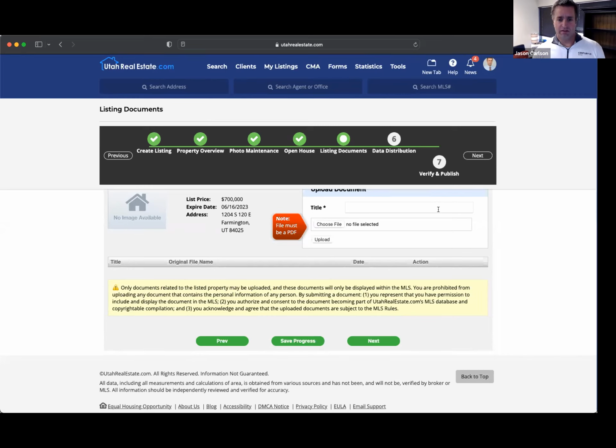Okay, any questions on the listing documents? Okay, so once you've got them loaded, you can put some on there. You don't need to. Not every listing has